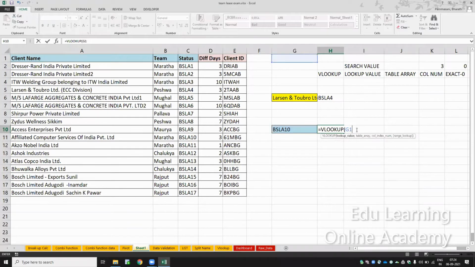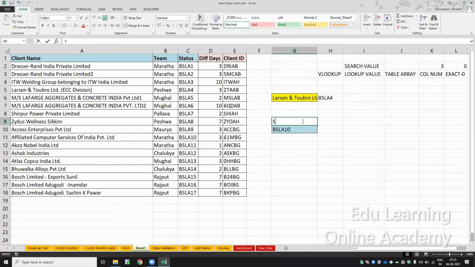We'll go with the syntax. So first one is lookup value. Which one do I have to search? Client name first. So can you see my screen? My screen is visible, right? Yes, sir. So this is status, and I wanted to get the client ID. The status is here, and the matching client ID I wanted to get.